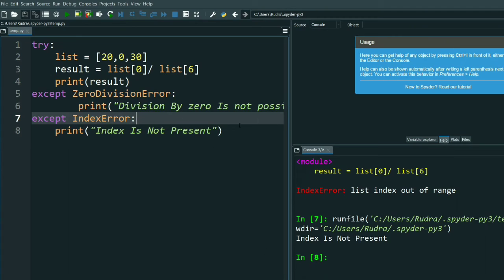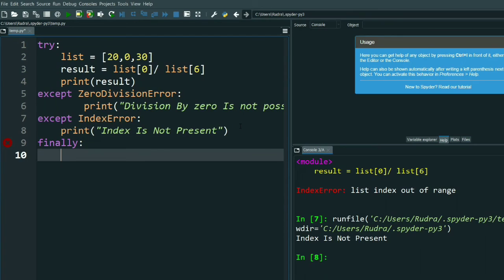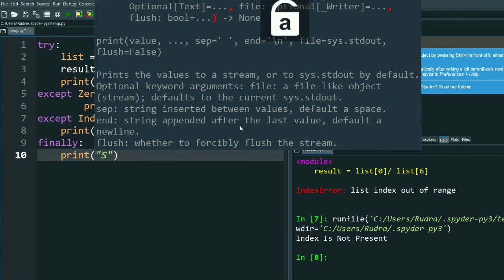Now, if the portion you want is very important and should be printed, then there you can use a finally. If you use finally there, then that portion will be printed successfully. Suppose I write here successful.